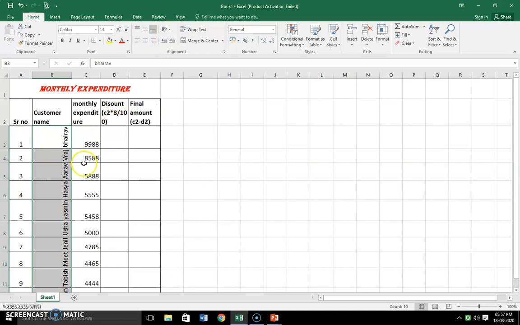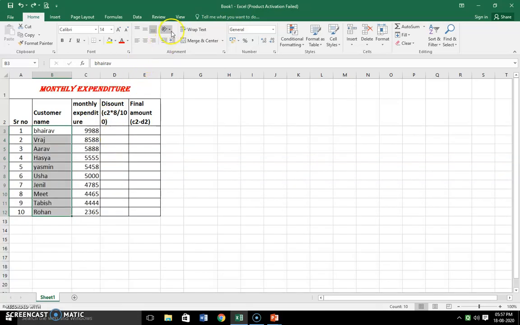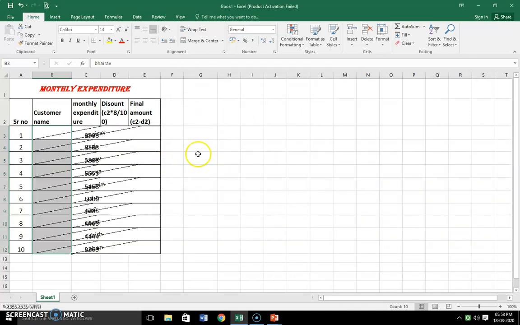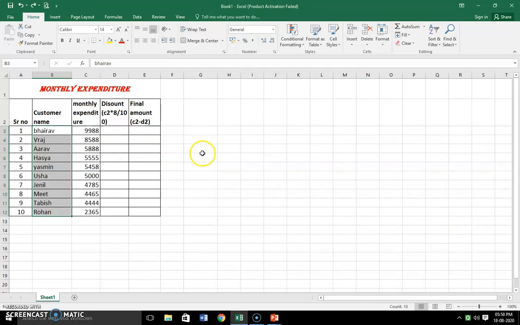Here you can see this is again text orientation. If you want to go with another option, then you can format also, and from here you can give a particular angle to your text. See this. So all these are the ways you can give text orientation to your cell.